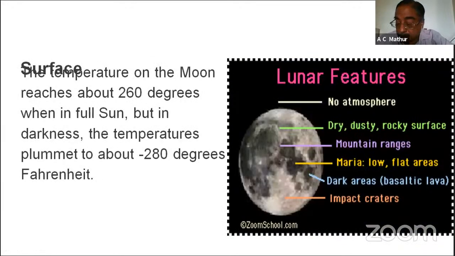Surface. The temperature of the Moon reaches about 172 degrees Celsius in full sun, but in darkness the temperature plummets to about minus 173 Celsius. In this picture we show, इसका टेम्परेचर 170 डिग्री से माइनस 178 डिग्री सेल्सियस तक जाता है।